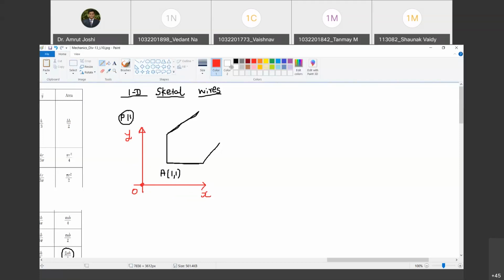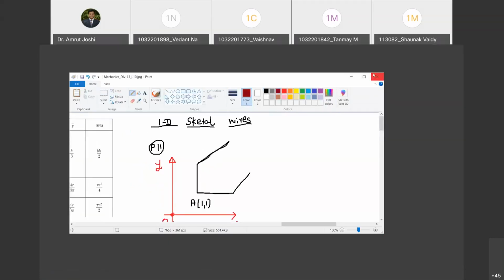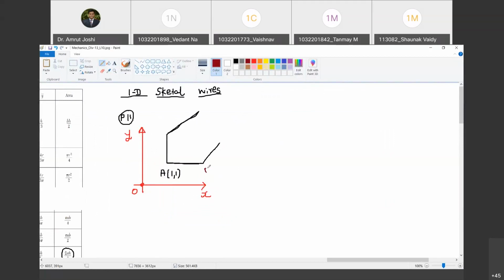What can be the coordinates of B? Likely coordinates of B. Tell me. B is here. B. क्या होंगे इसके coordinates? Y coordinate तो वही रहेगा. Do you agree with me? Yes, sir. So because I have drawn it as a horizontal line parallel to x-axis, so y coordinate is 1. Happy? Yes, sir. What is likely value of x coordinate? तो ये distance अगर 1 है तो ये distance approximately 1.5 होगा. So I will write it as 2.5. Happy? Yes, sir.